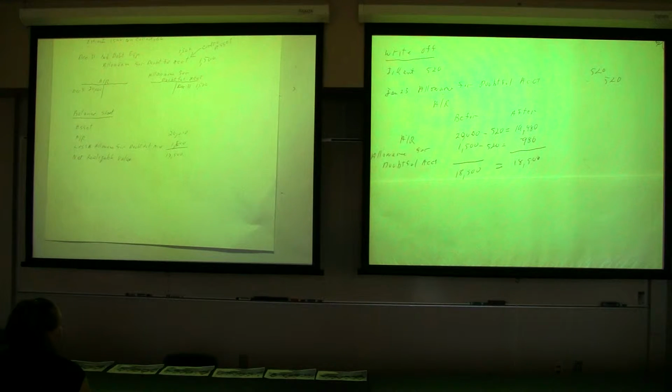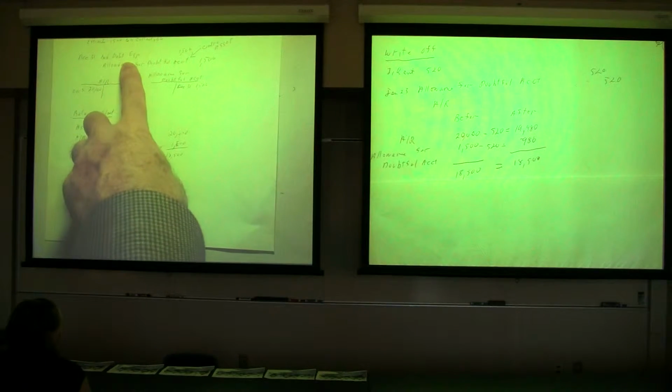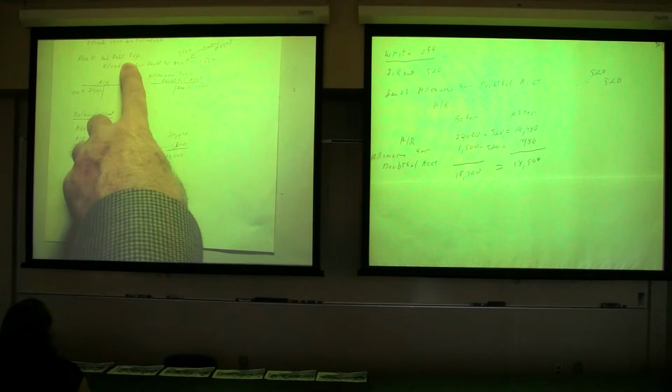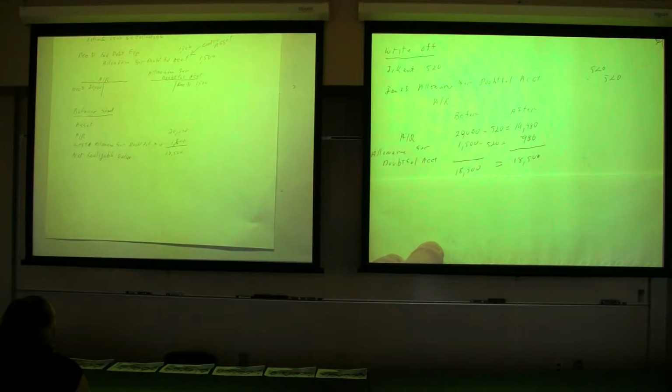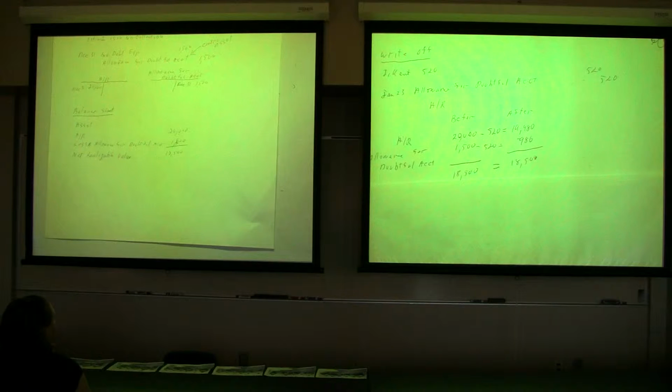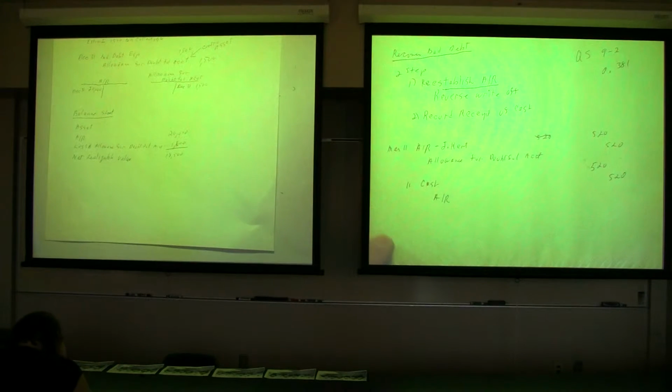The reason it works that way is because the bad debt expense was declared as an adjustment when you made the estimation. All you're doing is you're taking it out of your allowance. You allowed for it, now you're taking it out. Okay? All right. Now, when you recover bad debt, it's the same two steps as it was in the direct